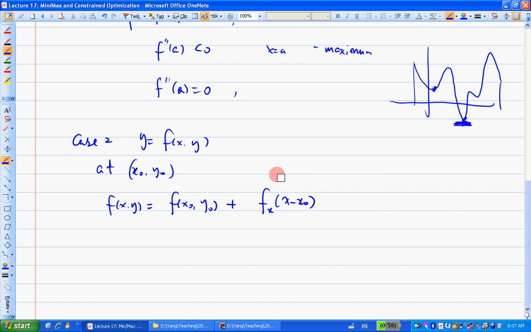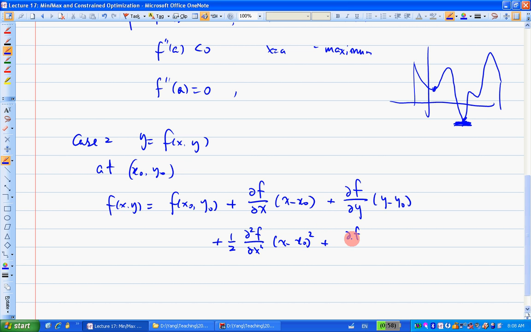Let's write this: this is partial f over partial x at here, and plus partial f over partial y at here. Then plus 1/2 partial f over partial x squared, (x minus x naught) squared, plus partial f